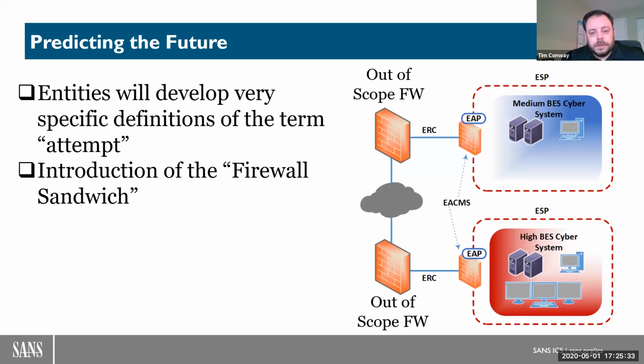So there will be new firewalls implemented outside of the in-scope firewalls that will have the same rule sets. They're truly providing no additional cybersecurity capability. It's just a new perimeter, so that any misconfigured device, any type of attempt, any type of alert that occurs at those outer firewalls that are not in scope of this standard, those would not require reporting.